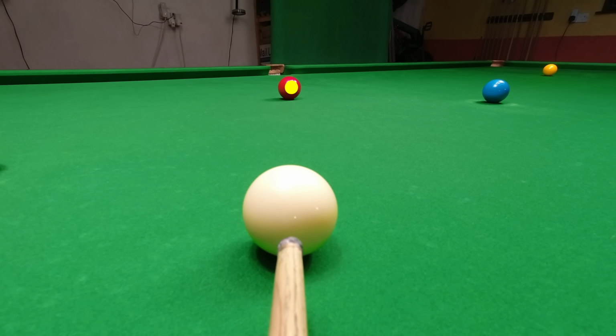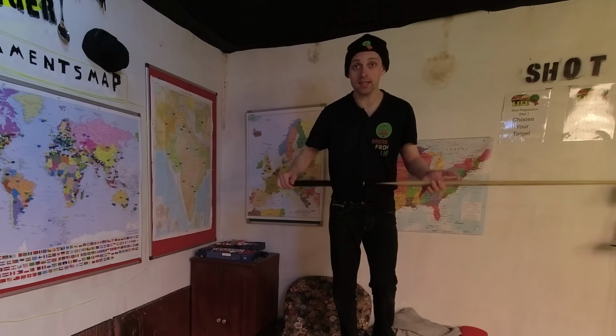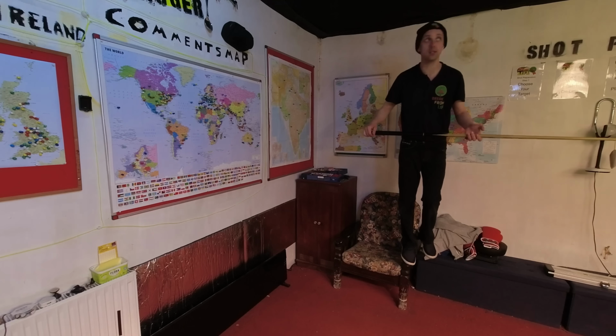Because the most important thing you can do when you're on the shot itself is keep looking in exactly the same place. Think of it like a balance. I'm okay here as long as I stare at exactly the same place. But as soon as I start looking around...